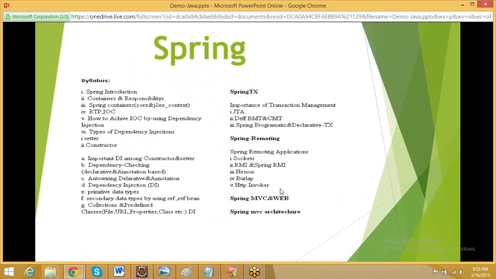There are a lot of features. It's a structured, layered framework. What is the structured layer, and how it is implemented in the application, we are going to discuss. It also has independent IOC, independent AOP, and object-oriented programming. These are all topics in the Spring framework, and they help the frameworks with the front end control.